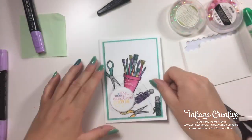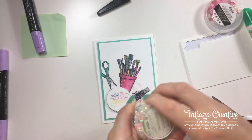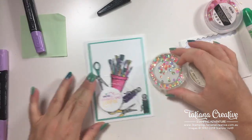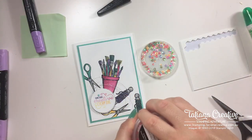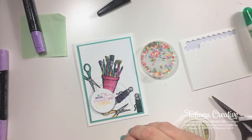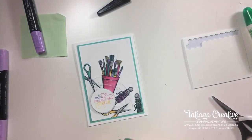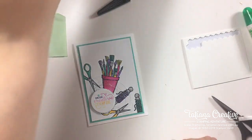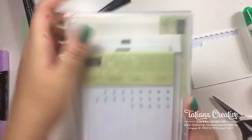And sequins, sequins, sequins. Which ones? I do love these. They're not quite the right colours though, are they? Neither of these. I know what we're going to do. I'm flooded with love. Thank you. Thank you, Margaret. I know what we're going to do. Not sequins. We are going to take...